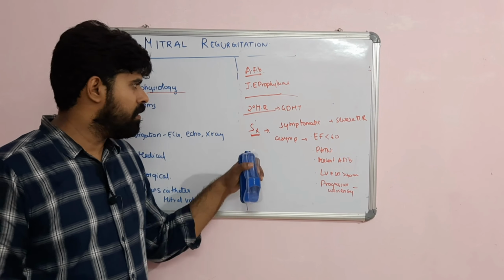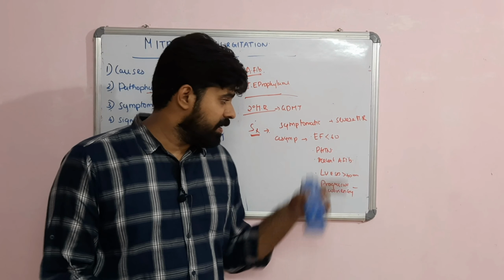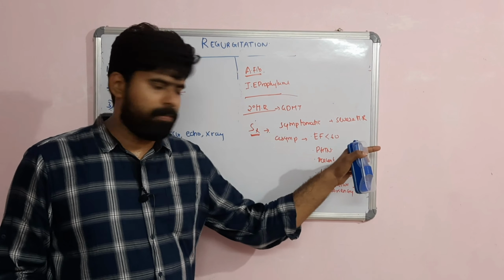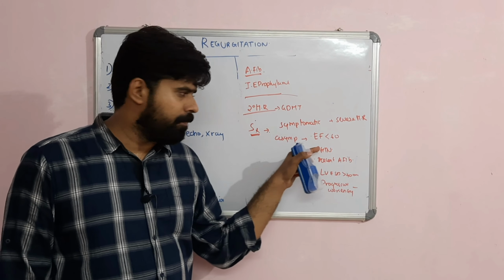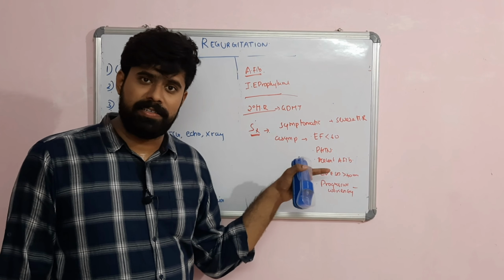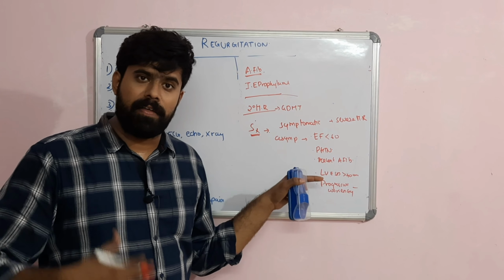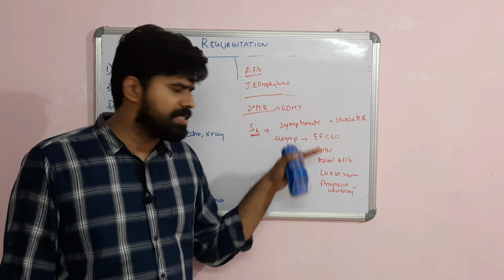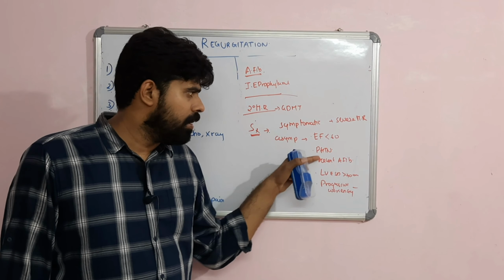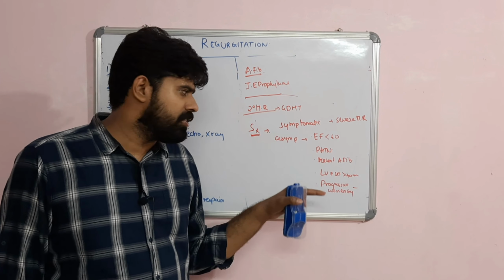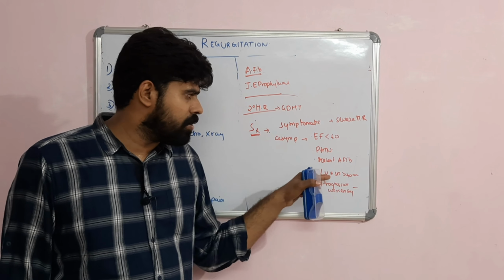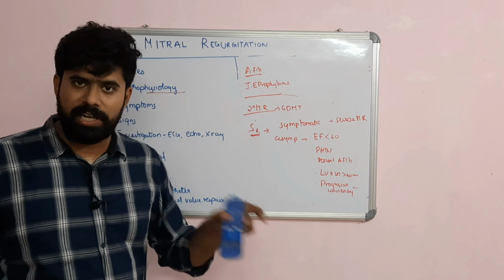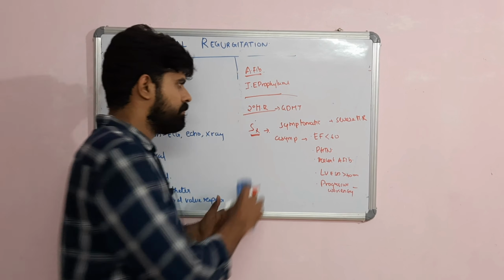So what type of surgery? This is the indication for surgery: symptomatic severe MR, or asymptomatic with a low EF. An EF of less than 60 is itself an indication for surgery, because in MR the ejection fraction is usually higher, up to 70%. If it's less than 60, you can try. Also severe MR with pulmonary hypertension, atrial fibrillation, an enlarged LV end systolic diameter more than 40 mm, and progressive worsening on periodic echo monitoring.